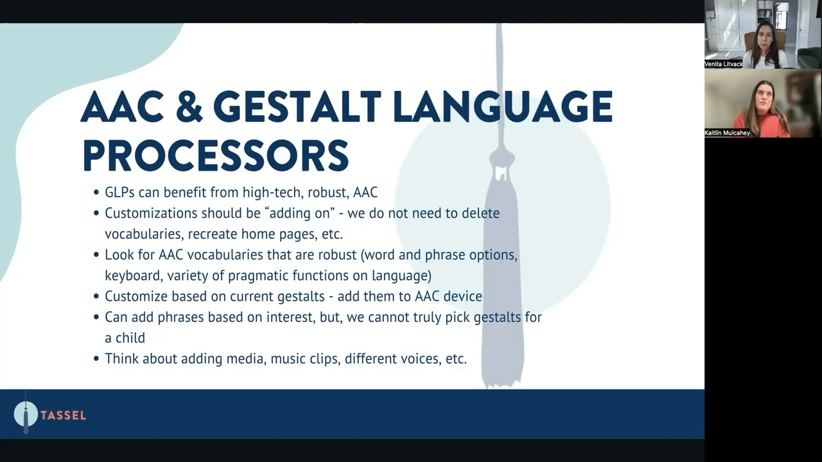So for GLPs, when we're considering AAC, it's a process where we're not changing an AAC device, we're more adding on to it. We want to make sure that we're still using a research-based, robust vocabulary. There are so many out there now: Touch Chat with Word Power, LAMP Words for Life, Proloquo2Go, TD Snap, Proloquo. You still want to do feature matching and do an AAC evaluation and all of that. But then from there,